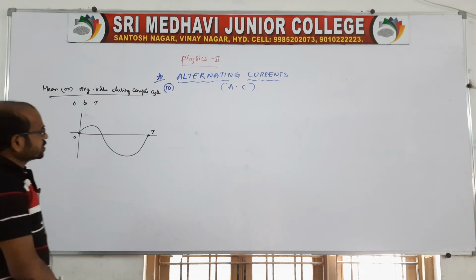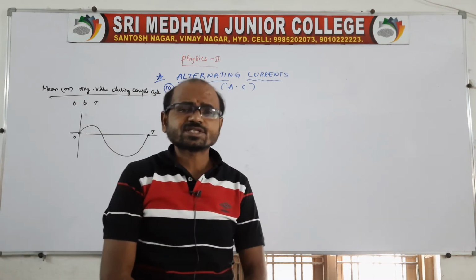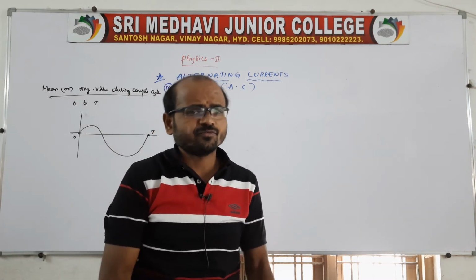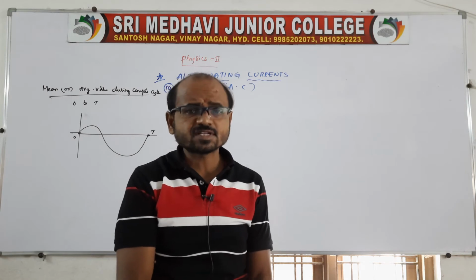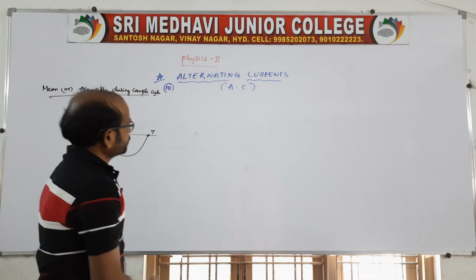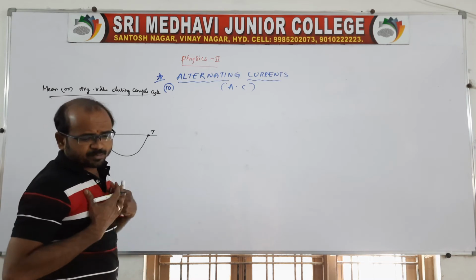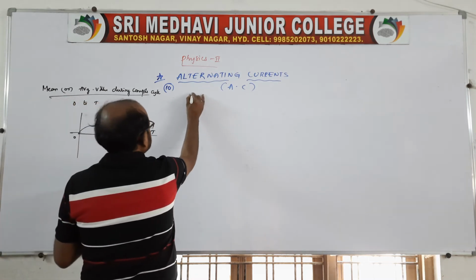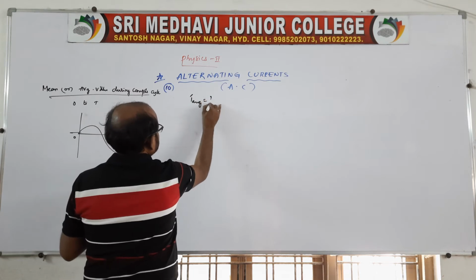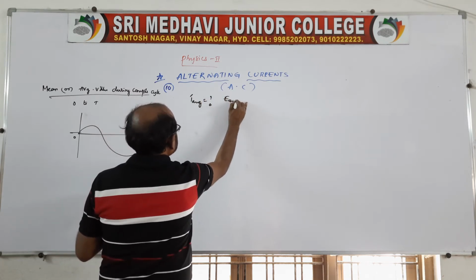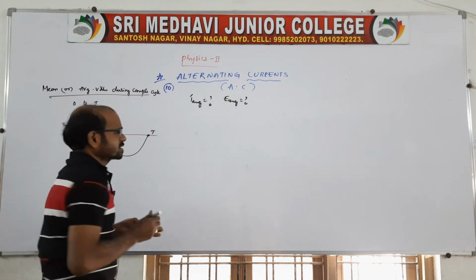So what is being asked? Either you want to calculate the average current or the EMF. Both will be the same because the graphs are represented the same, no? So you take any one, and we'll get the same answer for the other as well. Suppose now I am taking I average, I need to find. So you write average value question mark, or you want to calculate E average. Any one you take, both the answers are the same.